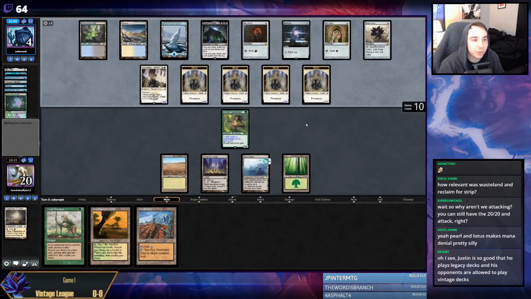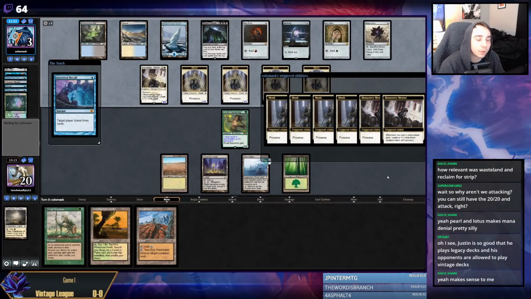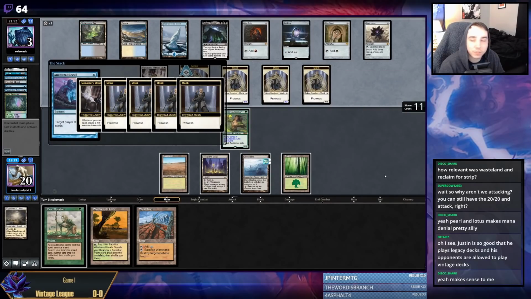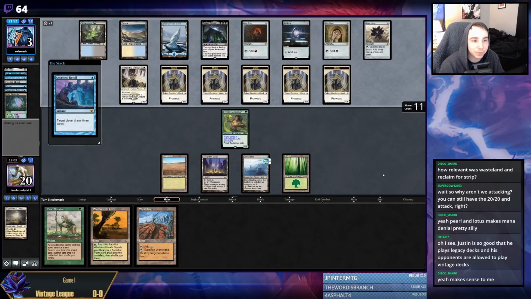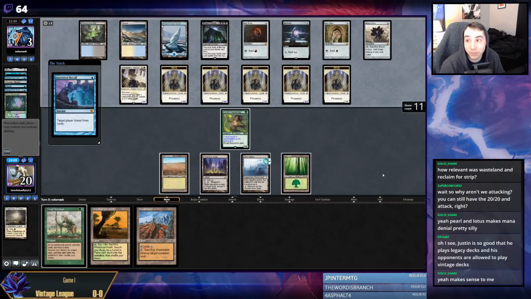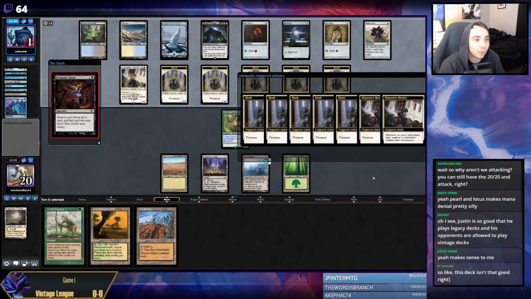A similar thing happened actually at the mocks where someone was like, why didn't you block with your Boggle? Well, if my Boggle dies, I can no longer win the game. So I would rather risk my opponent having a Temur Battle Rage and killing me rather than just dying on the spot. So, all right, well now...